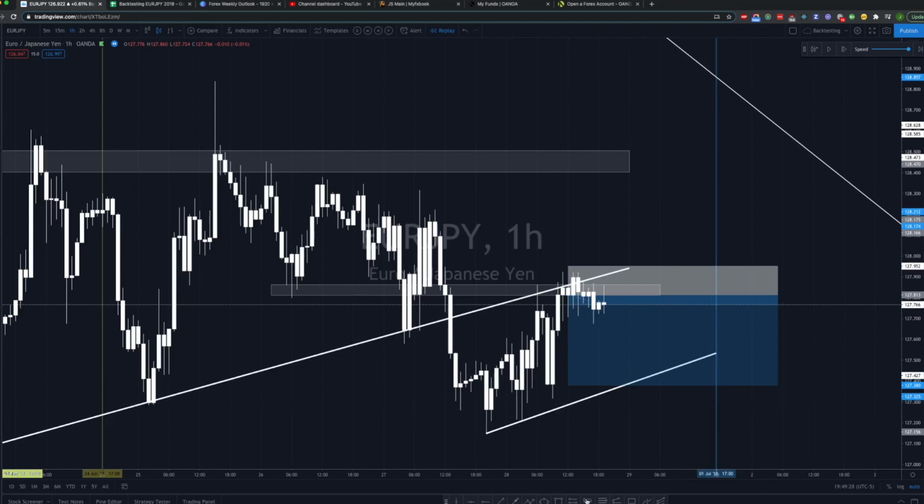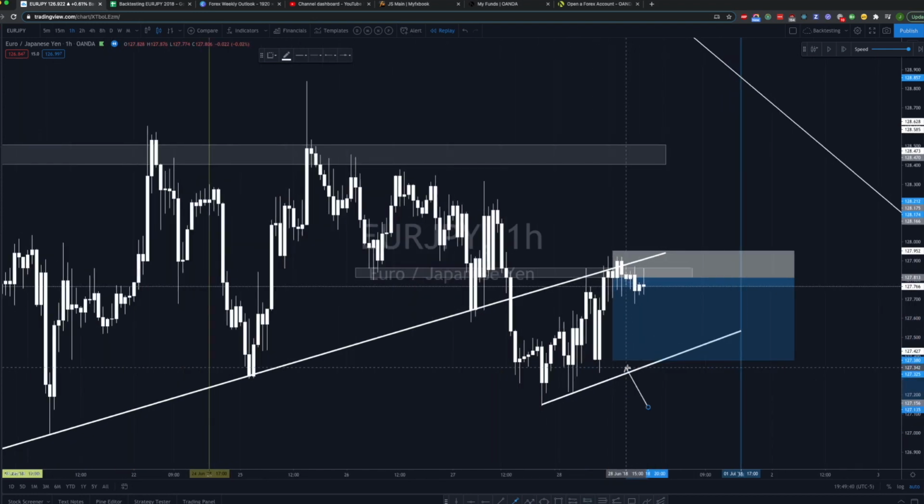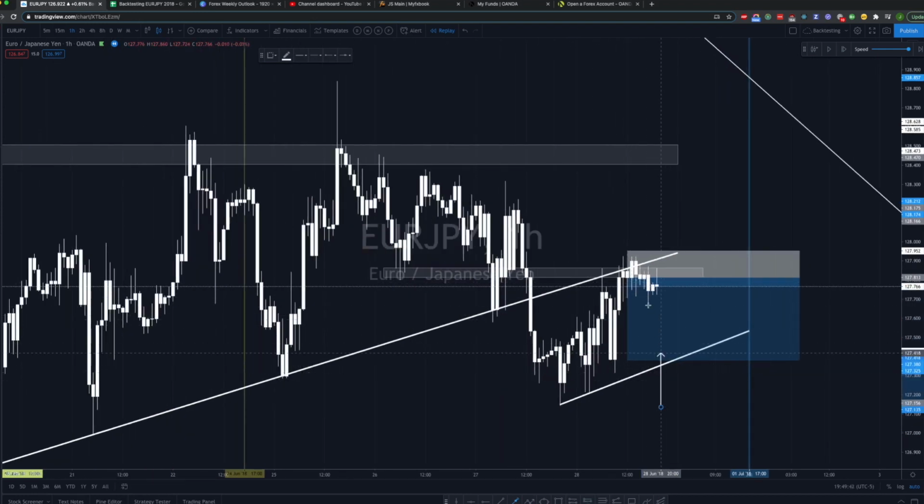Yeah, I don't really like this. I don't really like this price action because, you know, I just like to see my trades going to profit straight away, but it's showing a lot of bullish pressure. You're not really seeing the bearish pressure. So